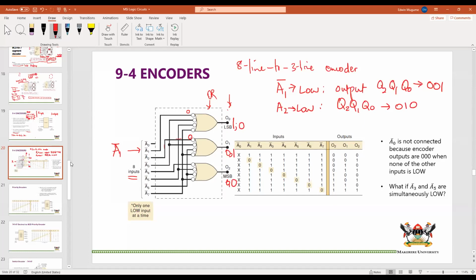And we can see where we are going with this. If it is A3 which is low, for instance,